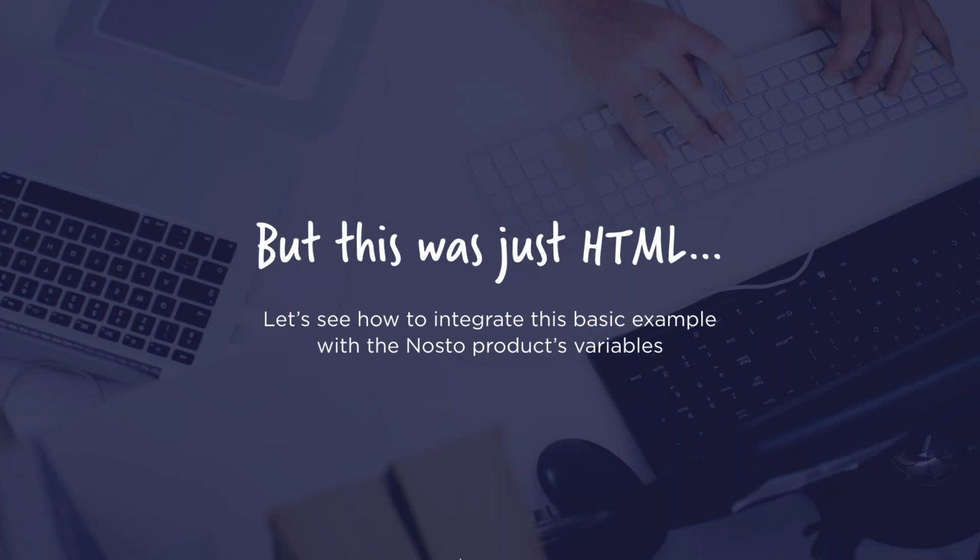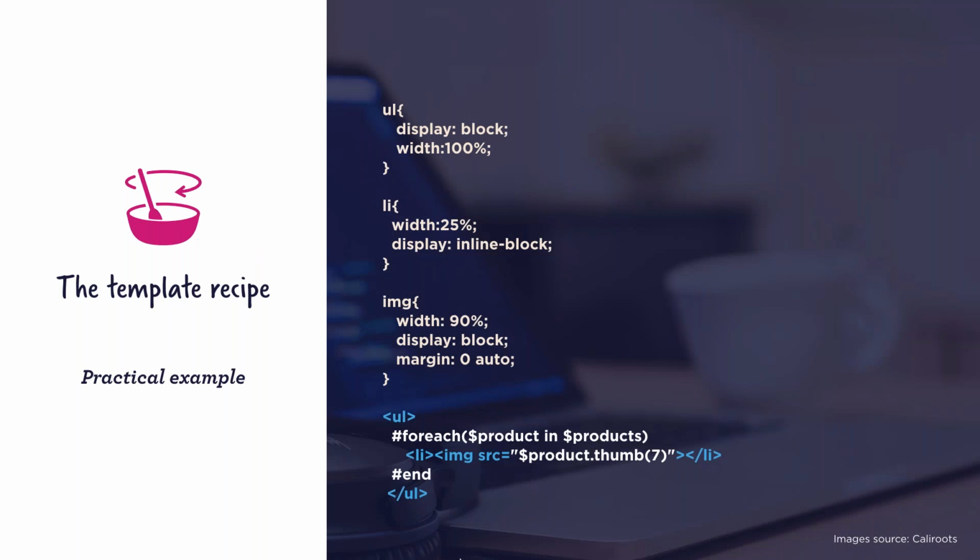But this is just HTML. Let's see how we can use the same structure but with Nosto product variables. So basically, with the same structure, I've used the same CSS, but I've just isolated one list item, which I've nested within a for each cycle. And I say for each product in products. This is the iteration cycle, which interfaces the object variable product from the array products, so that at every cycle